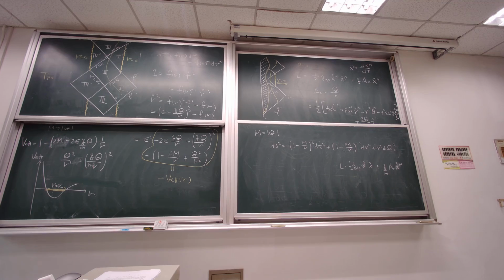If Q over M is greater than 1, let's say, it will affect the last term of the effective potential. So this term will dominate, which is not good. At first, Q squared over R squared had a positive sign, but it's negative. So then it becomes negative, so there's no repulsion. That's not good.